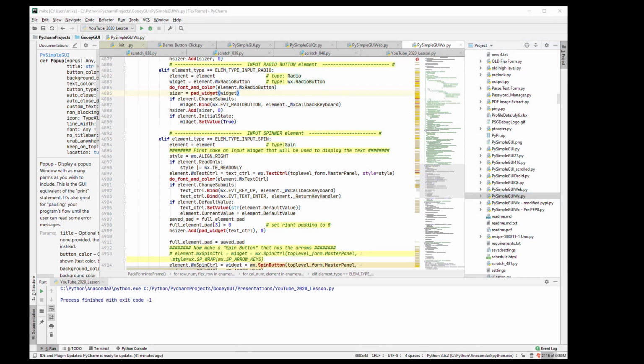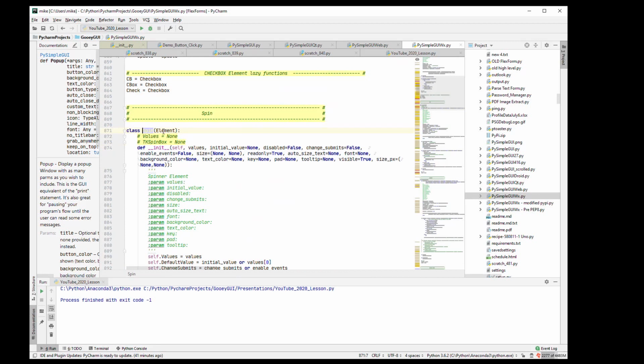It's worth it. And while we're talking about PyCharm, you will notice, if you read the source code, this sort of a hacky thing that I do, which is comments for types. So sometimes the variable element in this particular routine changes types depending on the element type. So in one block of code it's one thing, in another it's a different type. And a way to get code completion to work correctly is to use a comment next to the line that you're talking about, and you put type, colon, and then the type. In this case, it's a spin